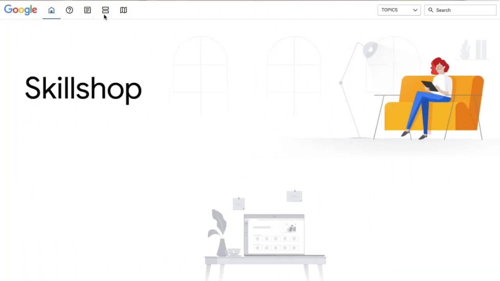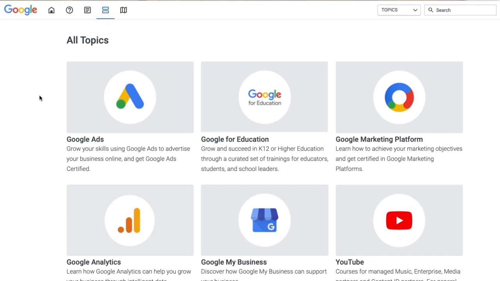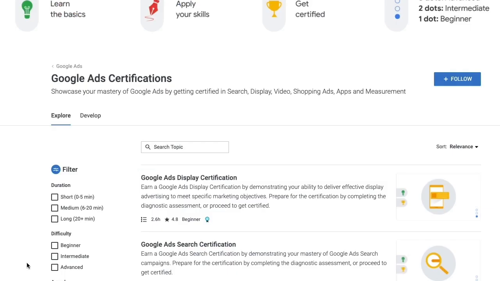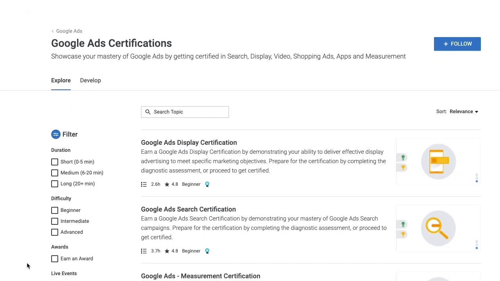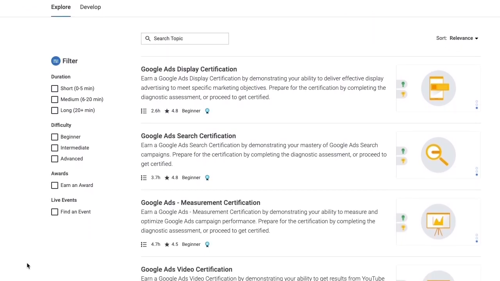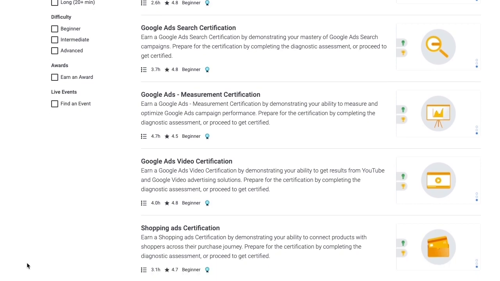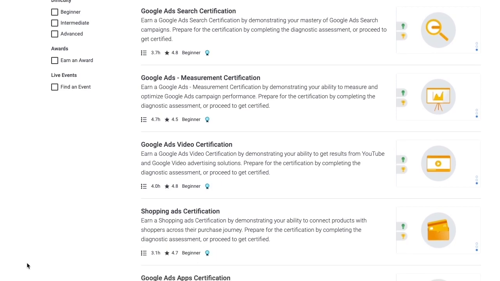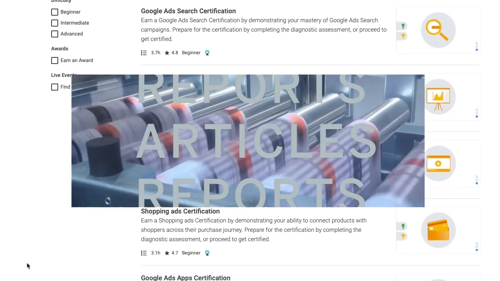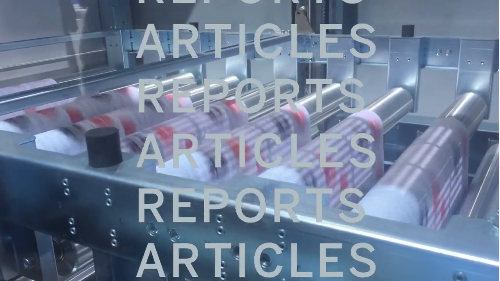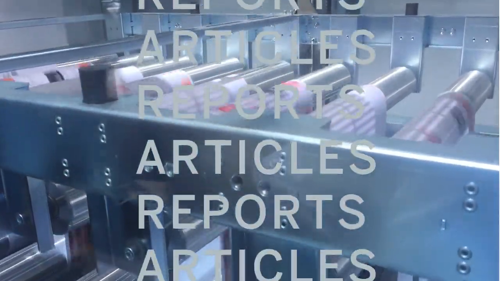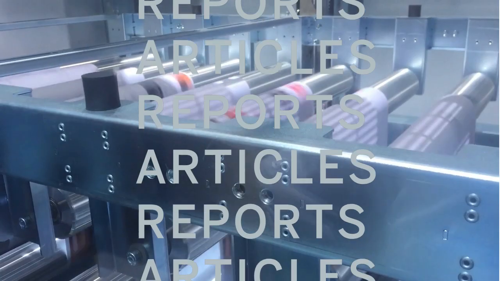You can also learn more about Google AdWords from Google themselves through Skillshop, Google's training interface. You can get certified on topics like creating Google search campaigns, search ad optimization best practices, and search certification. In addition to these sources focused on the technical aspects of SEO and user experience design, you'll also want to find best practices in industry articles.